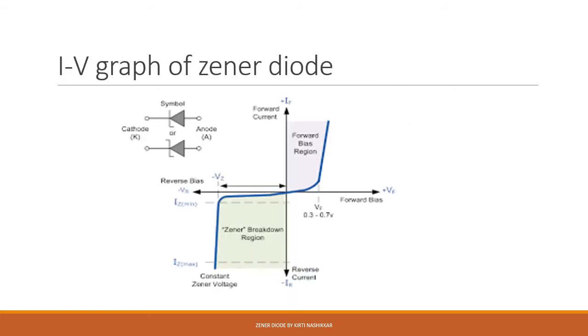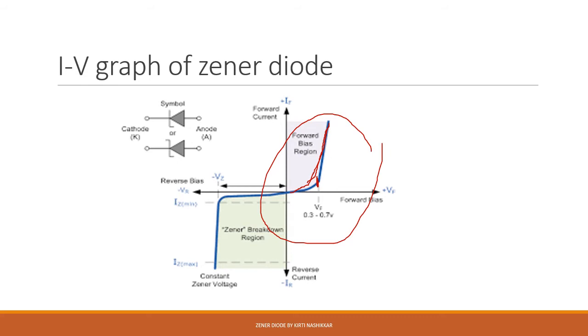So this is the VI characteristics we are getting in the forward bias mode. The Zener diode acts very much like the PN junction diode. As you can see, the characteristics are very similar. We know that the voltage from which the current increases rapidly in forward bias mode is called the knee voltage, cut-in voltage or offset voltage.